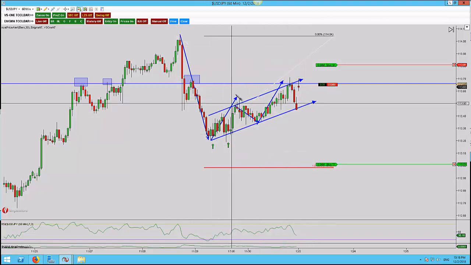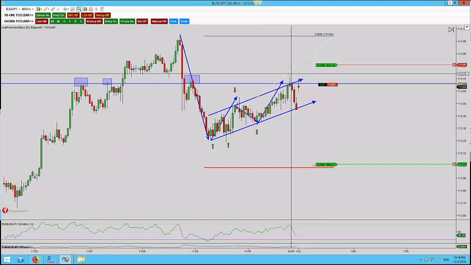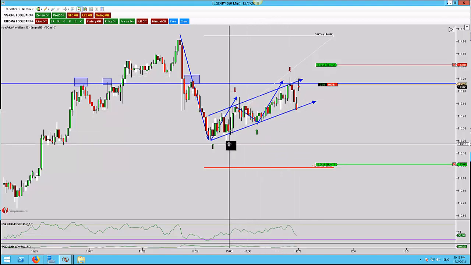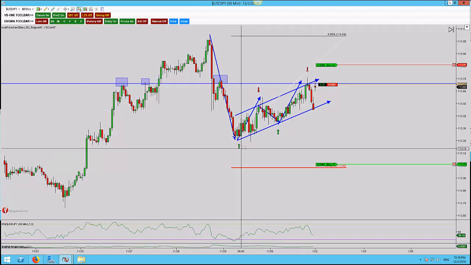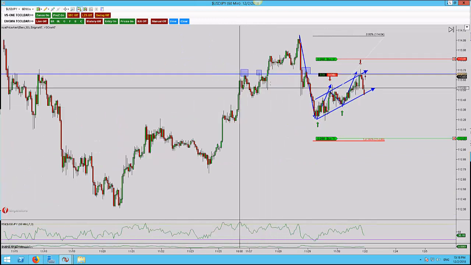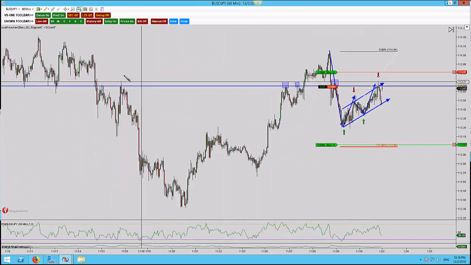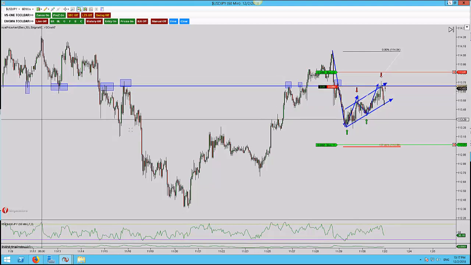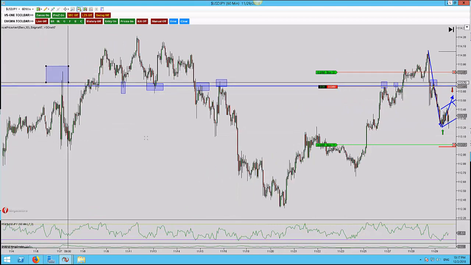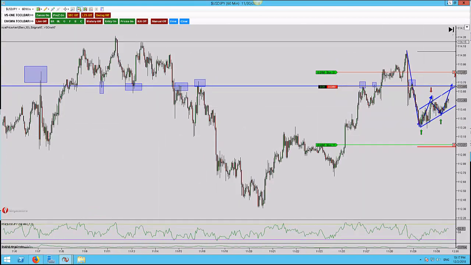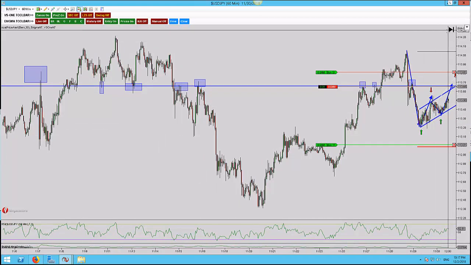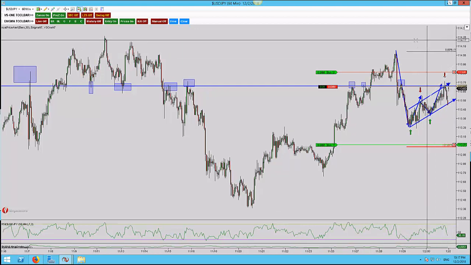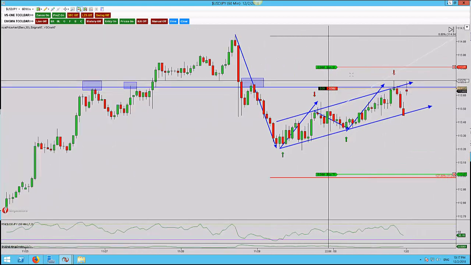So this is a very nice looking flag pattern. 618 fib, we've got a 1.414, 1.618 inversion. We've got structure, we've got more structure here. That's 4, 5, 6, 7, 8. Very nice area here, and because the market had actually gapped up, it does mean that I can get my